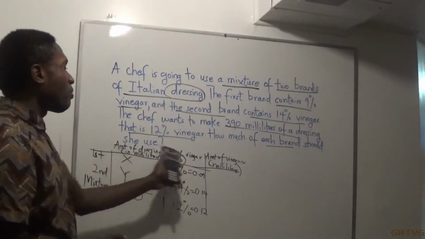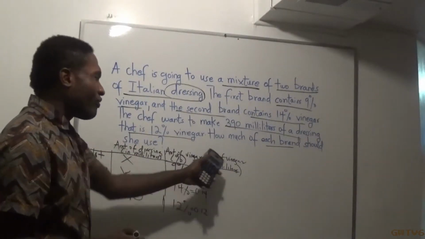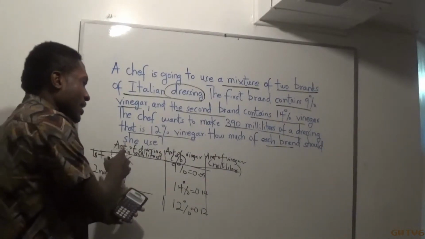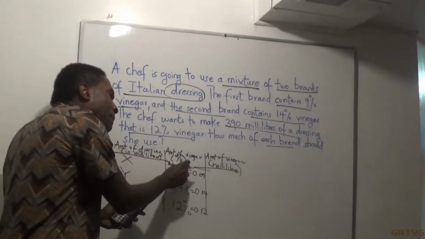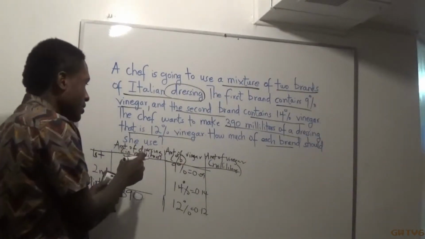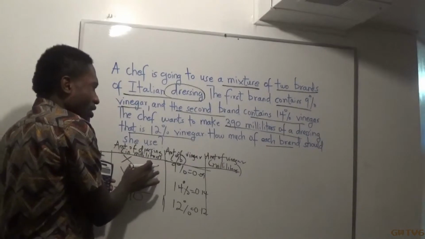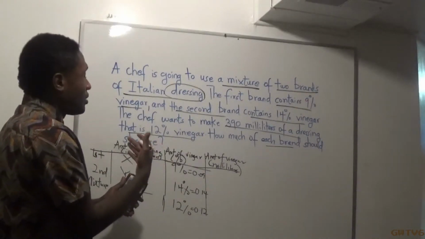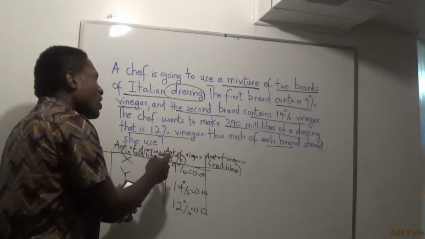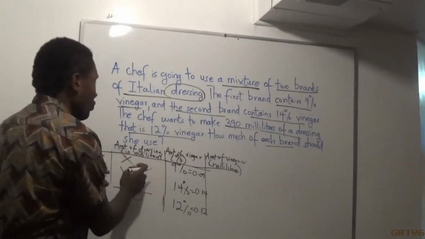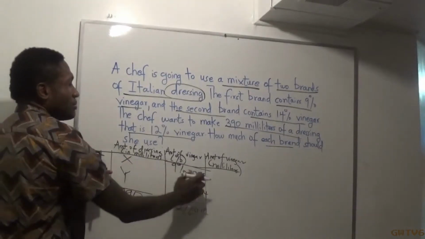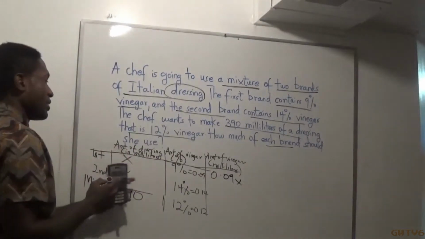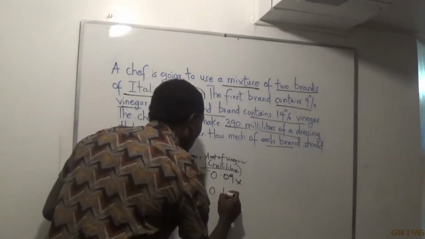So again, we're just multiplying like that to get the amount. We know the percent is 9%, and the amount of dressing is X. So if you want to figure out what the percent is in milliliters, this is the total amount of dressing right here. So if you multiply by the percent of vinegar, you're going to get it in milliliters. So that's why it makes sense to multiply like that. So x times 0.09 is 0.09x, and then y times 0.14 is 0.14y,